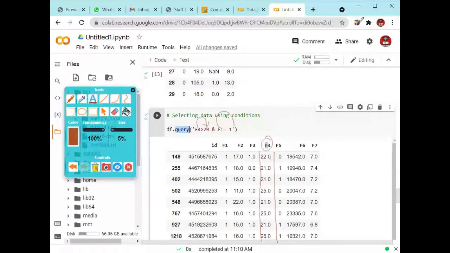Note another condition: the F1 column contains only one value. You can observe that in F1 all the values are 1. And this AND statement is used right here. This is a logical operator.